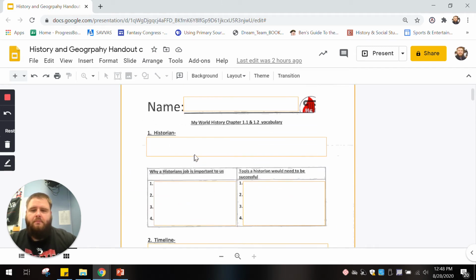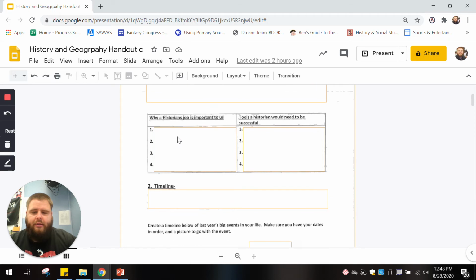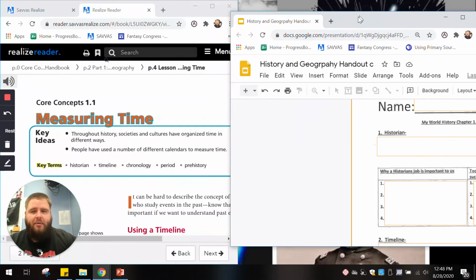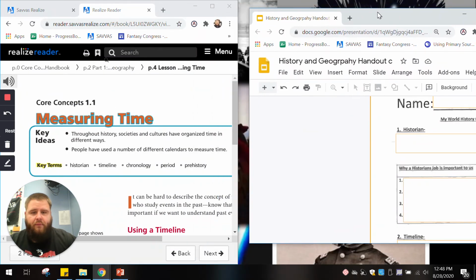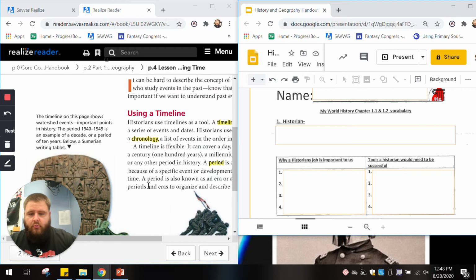What I want you to do here, I'll do the first one with you, or give you an example so you know what exactly to do. So historian, that's a key vocabulary word that I want us to know. I'm going to move this back over here just a little bit. Now, you will be able to see,